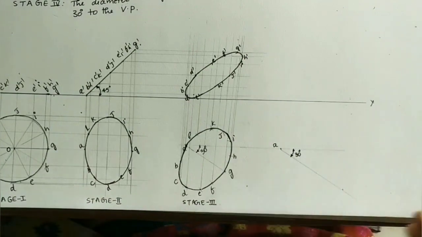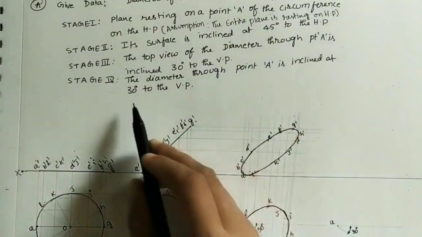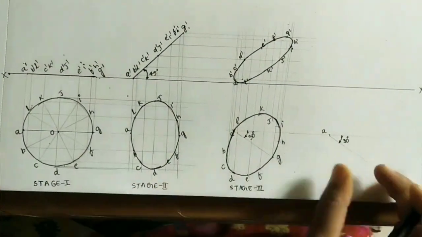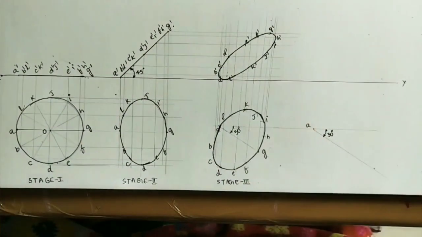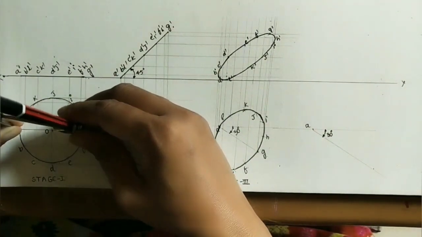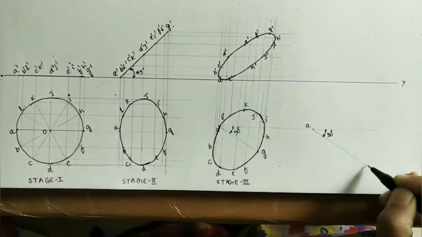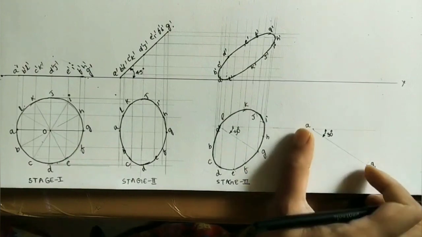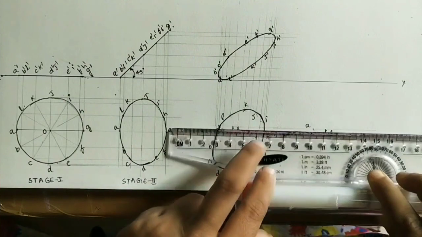Now, making 30 degrees with VP means the diameter which is passing through A is inclined at 30 degrees. So here, AG is the diameter, and this diameter is tilting 30 degrees. So mark this vertical length on it. Okay, vertical diameter. So take this length here, as we know it is 5 centimeter. Mark it on the 30 degrees line. For this vertical diameter, instead of G I am taking some new point G1 like this. At G1 do the locus of G, just do the parallel line there.